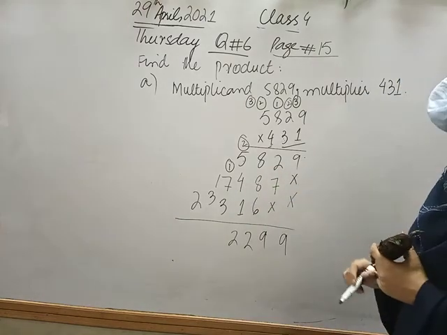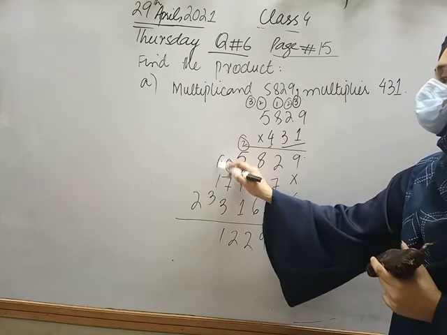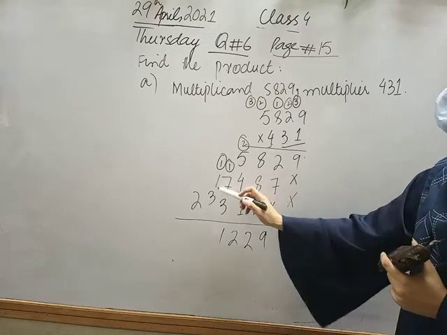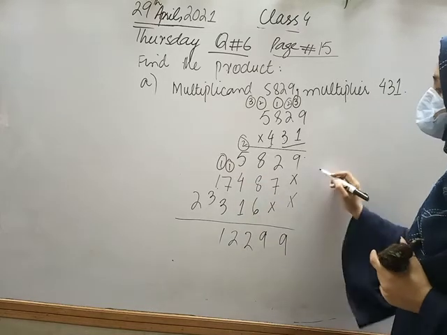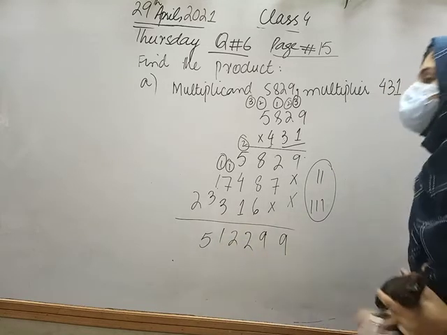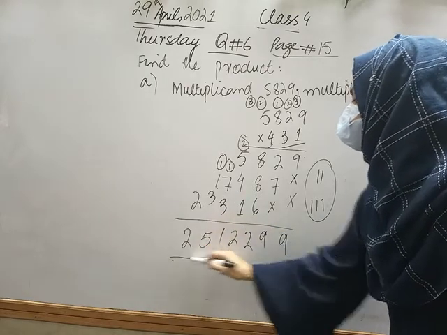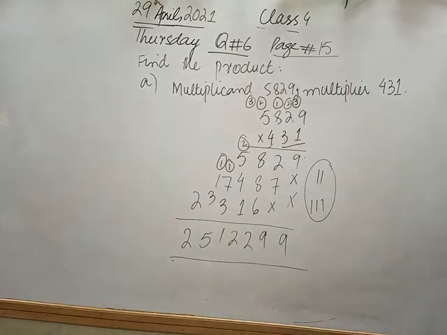7 plus 1 is 8, and 8 plus 3 is 11. 1 again as a carry. 1 plus 1 is 2. 2 for middle and 3 for lower. So in total we have 5. We have 5 and 2 as it is. Fine class. Up to here, is everything clear, how we can solve a 4 digit number by a 3 digit number?